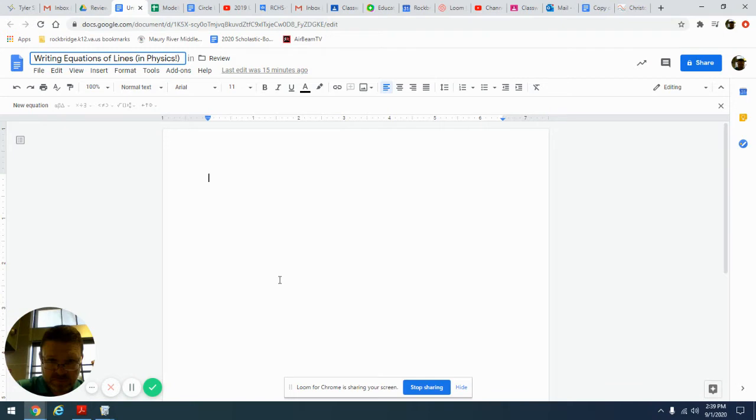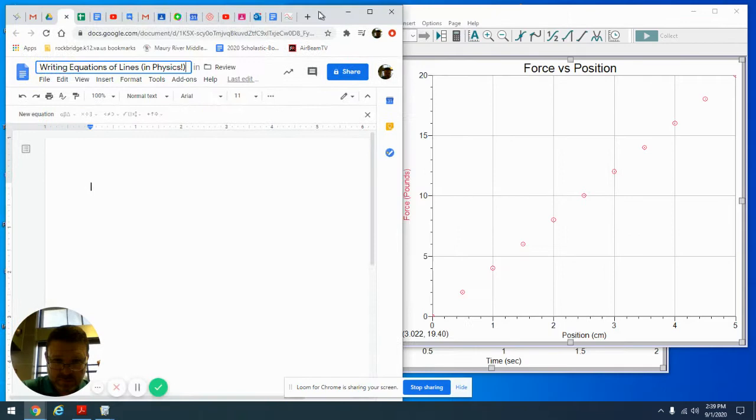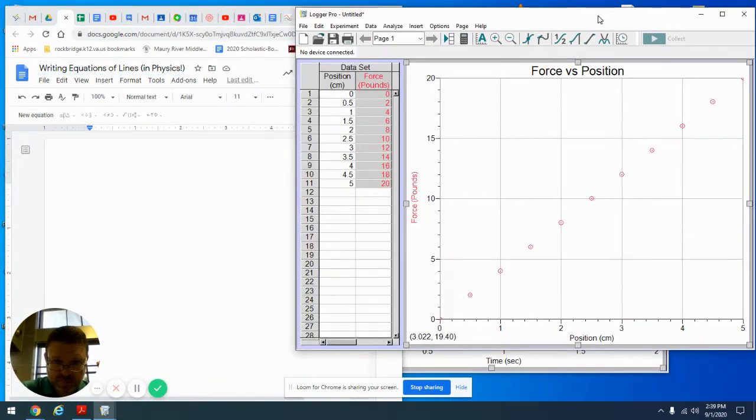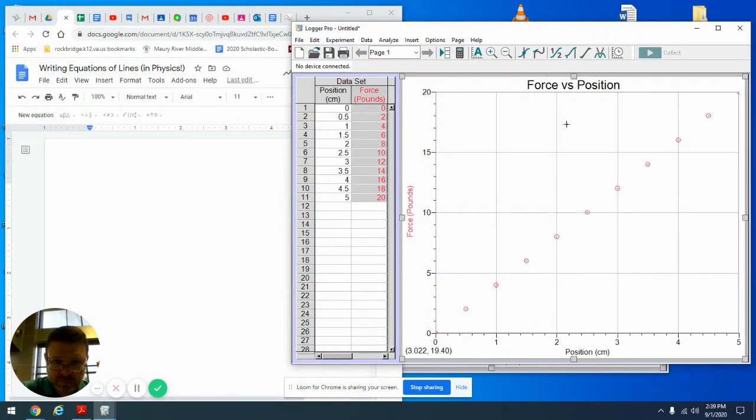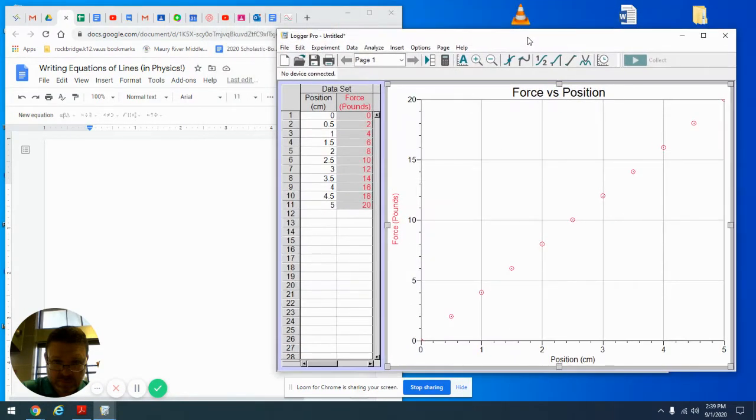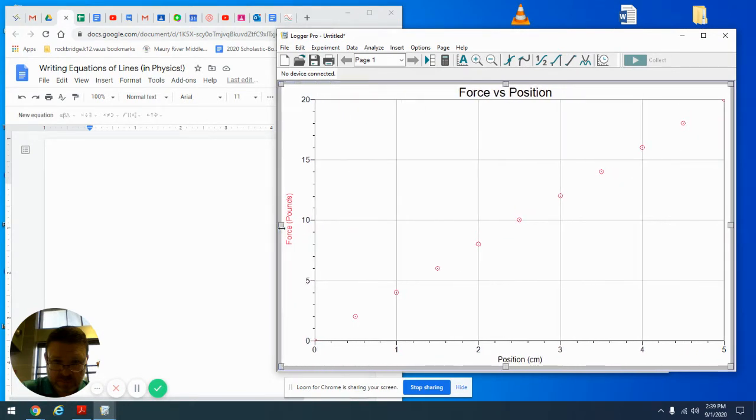All right, so what I did here, let me get a little smaller. I just made up some numbers here and made a couple little data sets that I put into Logger Pro. If I had done it in Graphical Analysis 4, it would look very similar to this. So I'm going to go ahead and hide the data set. You can see that these are artificially nice numbers, which just means they really perfectly line up to be a